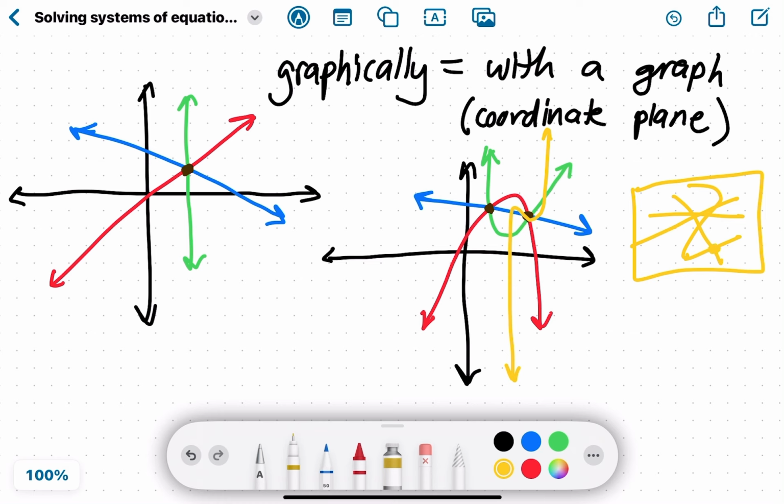You can't tell if it's like 80 or 100, depending on the window too. So in order to get it precisely, you go to the Trace button, but Trace doesn't really do much. You have to go to Second Trace on your TI-84 graphing calculator from Texas Instruments, Second Calc,